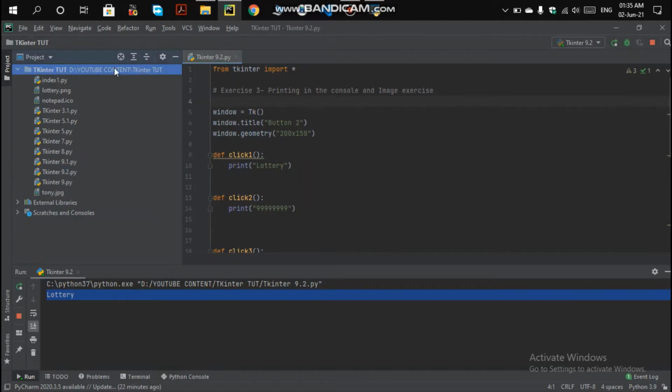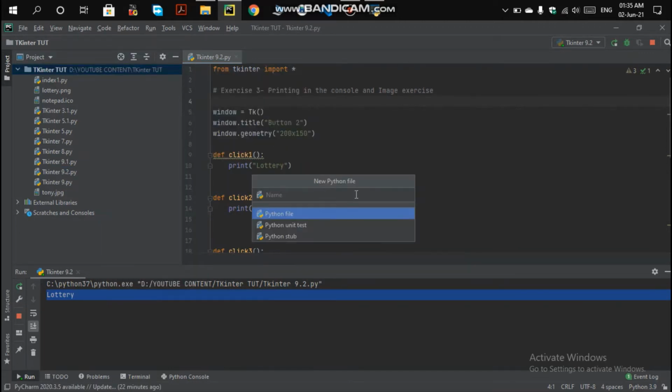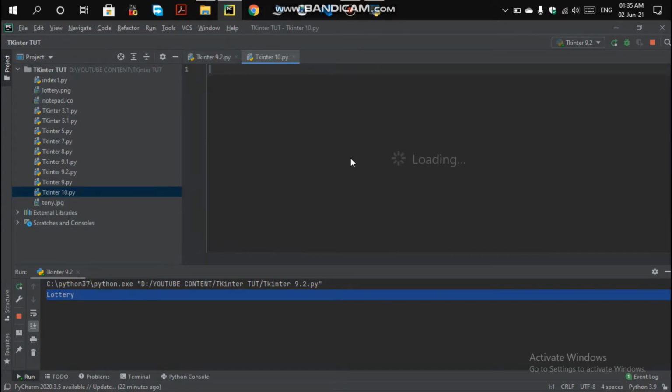Let me create a new Python file here. We will name it Tkinter 10, since the previous was video 9, and let me import all the necessary things we need to make the basic GUI window and to import the message box from the Tkinter module. First of all, from tkinter import everything, and the second library we are going to import for the message box is messagebox.